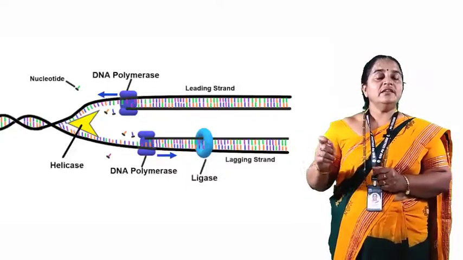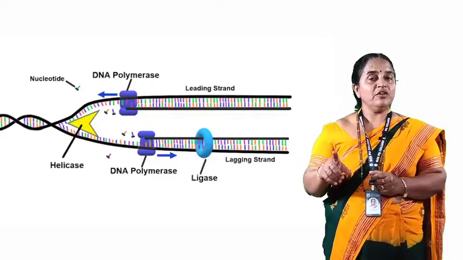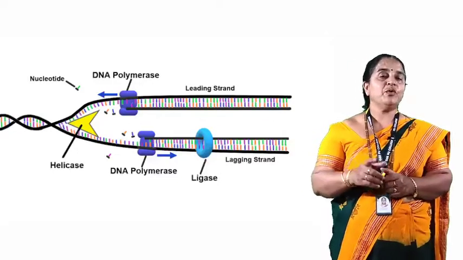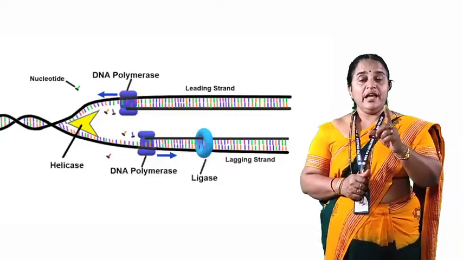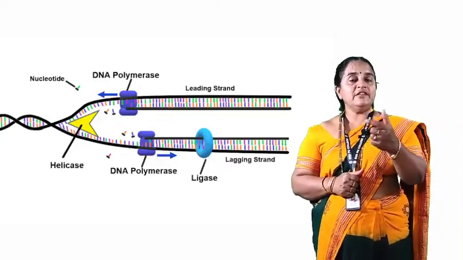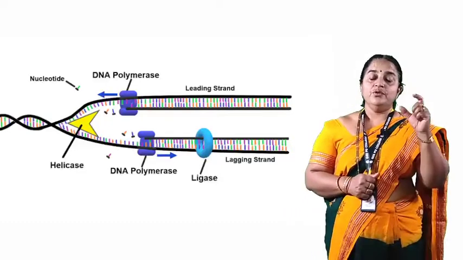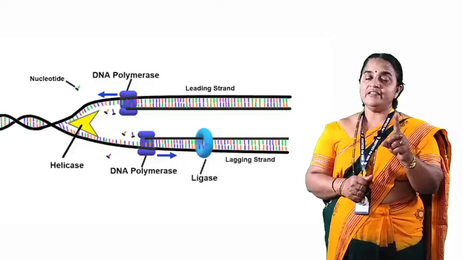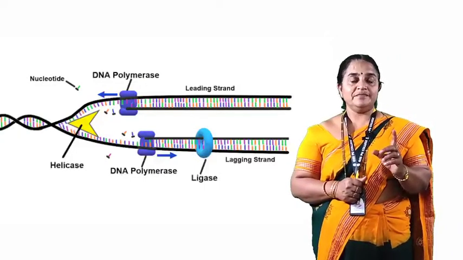It is involved in catalyzing the reactions where phosphodiester bonds are formed and hydrogen bonds are formed in the DNA molecule. Thus, the process of ligation is catalyzed by the enzyme ligase. So you need to remember: the genetic Caesar is REN, the genetic stitcher is ligase.